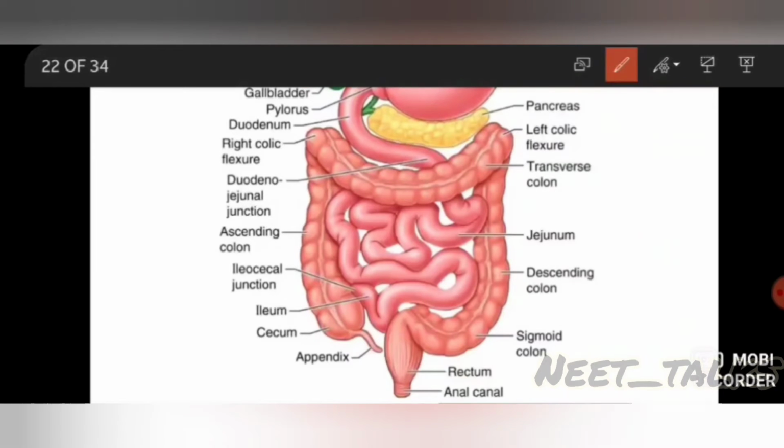Now we will look into the large intestine. The ileum opens into a sac-like bag. This is the cecum. This cecum has an elongated structure hanging from it which does not have any role in digestion in case of human. This is the appendix. And from the cecum, the ascending colon starts. Ascending colon, then the transverse colon, then this is the descending colon, the sigmoid colon, then this rectum where the feces are stored, and then the anal canal and the anus. Through the anus, the undigested food particles are thrown out of the body. So these are the structures of the large intestine.